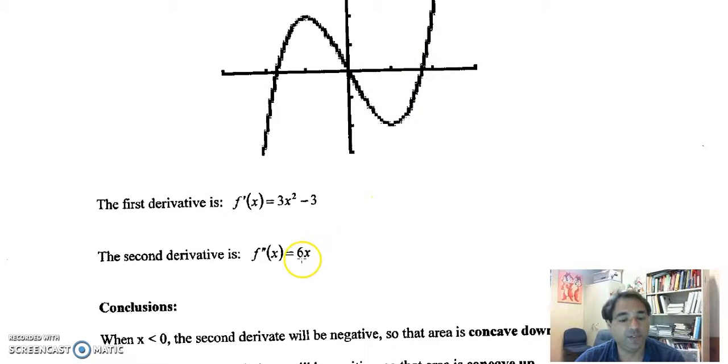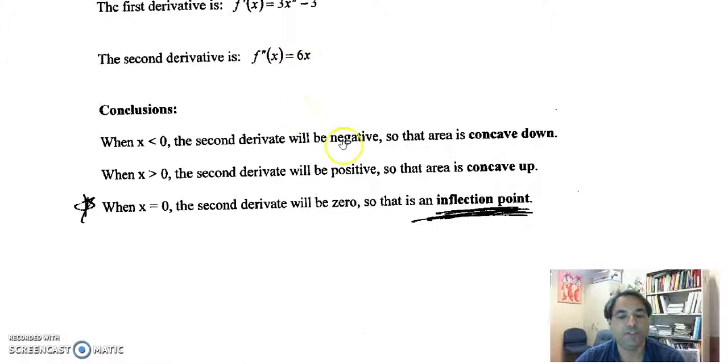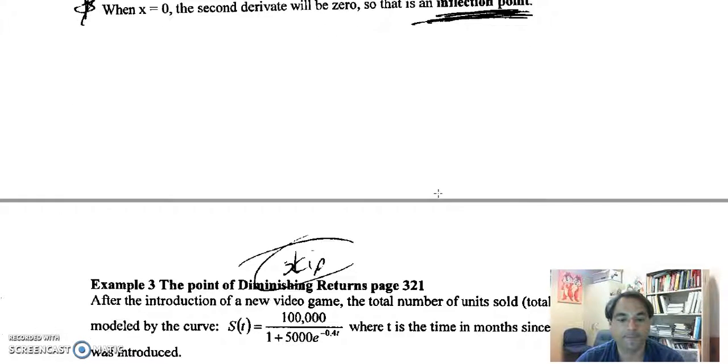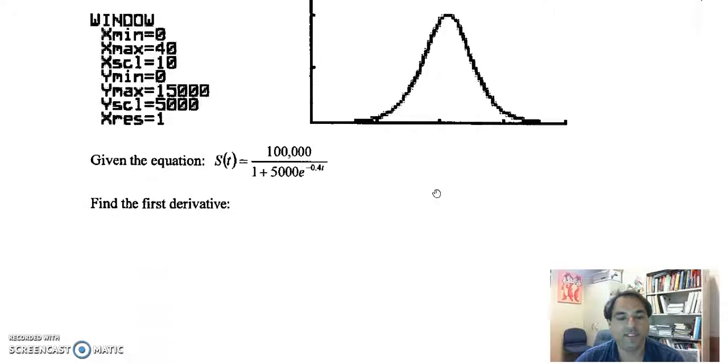Now, if I plug in 0, 6 times 0 is 0. It's a point where it's neither concave down nor concave up. That is called an inflection point. That's where it changes from concave down to concave up, or concave up to concave down. So that's kind of an interesting point, where it changes. So how do we find an inflection point? You take the second derivative, set it equal to 0, and solve. Find x, then plug it into the original to find y. So we're going to skip this example,